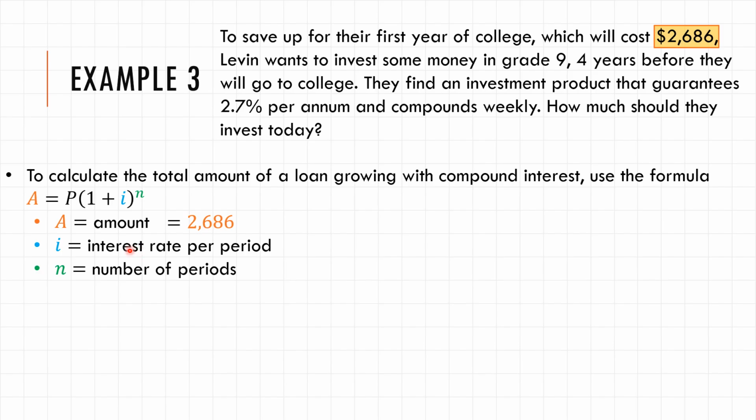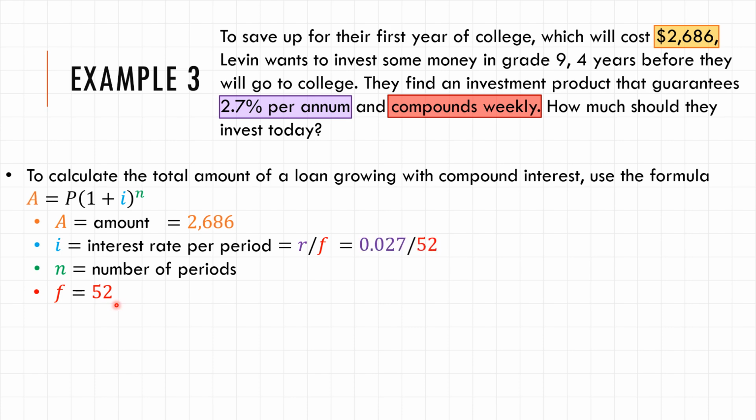So before we can find the interest rate for one period, which is 1 week, it's not going to be 2.7%. That's per year. We have to divide that 2.7% by 52 because that's the frequency. I'm just going to leave that as a fraction here because I don't want to round it at all. That is the interest rate for one period. Now, over the course of 4 years, I know that there are going to be n periods. If there are 52 periods in each year, 4 years times 52 tells me that there are 208 periods,